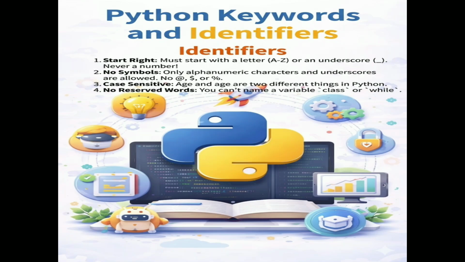So now let's talk about some important rules when we write an identifier or variable name. A variable name must start with a letter or an underscore. We can write a variable name with letters and the underscore only. It does not start with a number, and special symbols are not allowed. It is case sensitive because